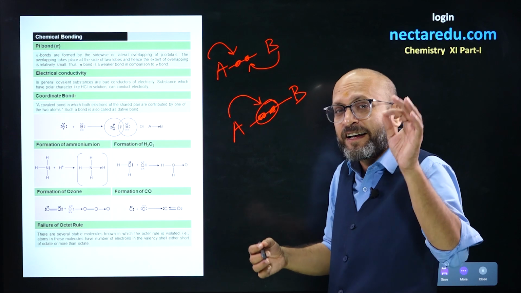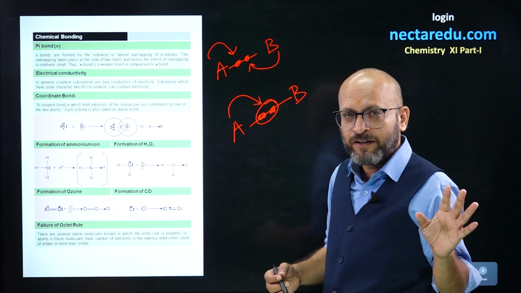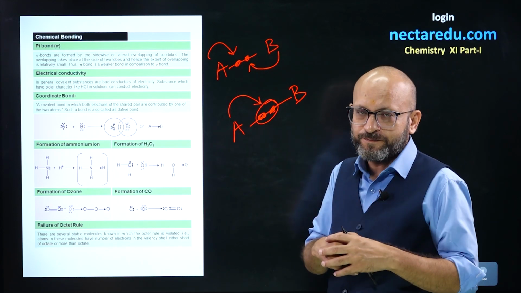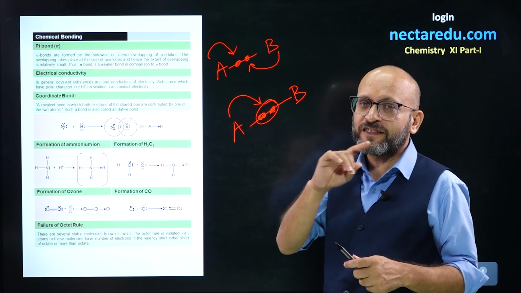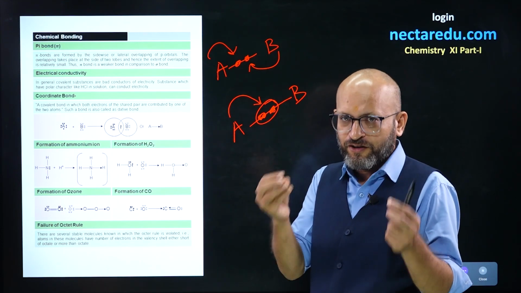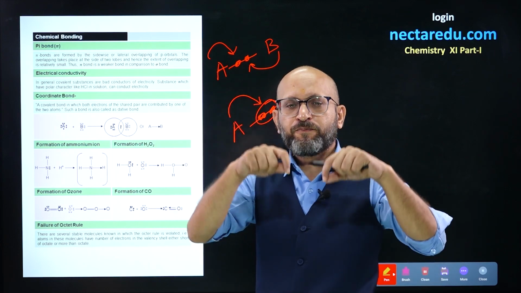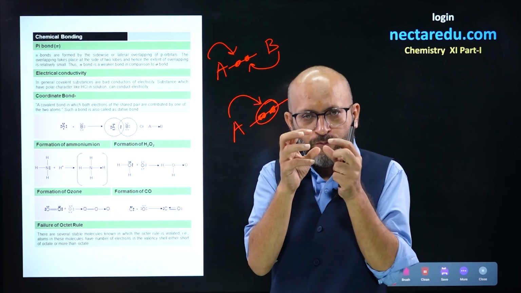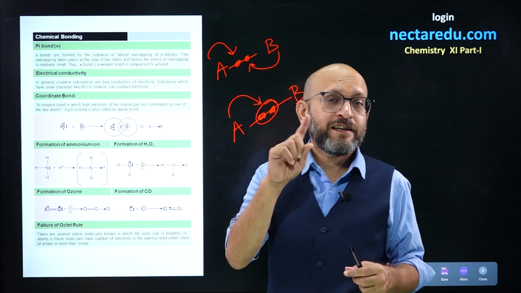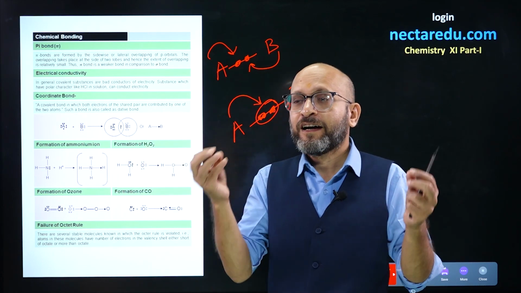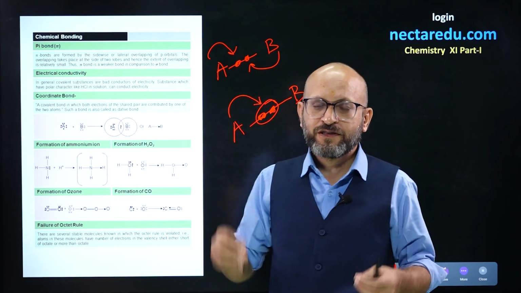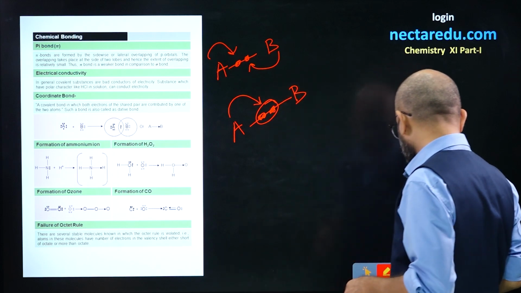After formation, a coordinate bond is the same as a covalent bond. That means the bond between two atoms will be shared by each, but the difference is in the formation. In a normal covalent bond, each atom will contribute one electron and both electrons will be mutually shared. And in a coordinate bond, only one atom out of two atoms will give both the electrons, as happens in